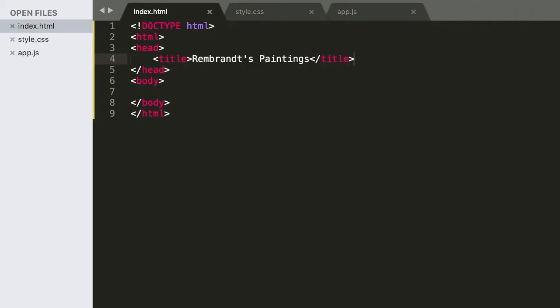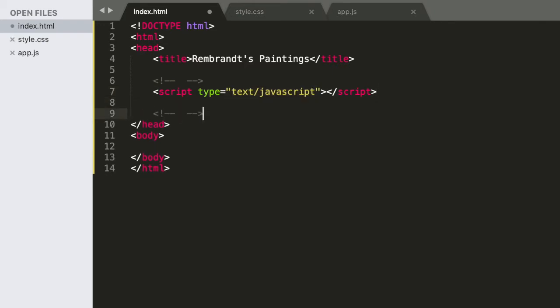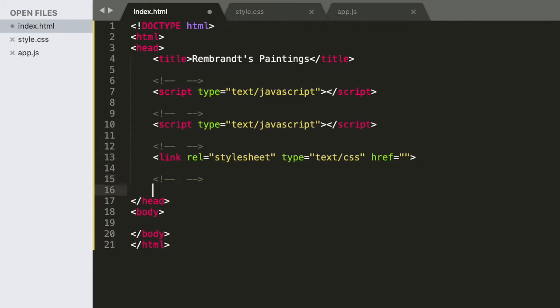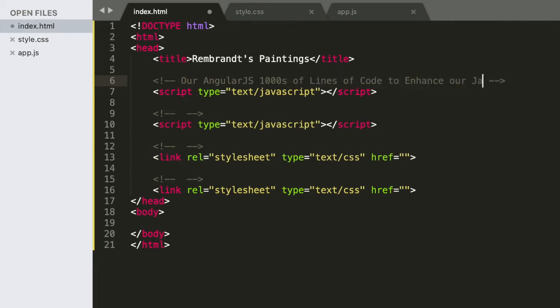Excellent. Okay, now the next thing is we're going to have 4 important things in the head tag. We're going to have 2 scripts and 2 links. Okay, so the first 2 scripts are going to be JavaScript, and the next 2 links are going to be CSS. Okay, so to start, we're going to have our Angular. That's AngularJS, which is thousands of lines of code to enhance our JavaScript. Okay, and then coming down, we're going to have our Bootstrap, which is thousands of lines of code, but to